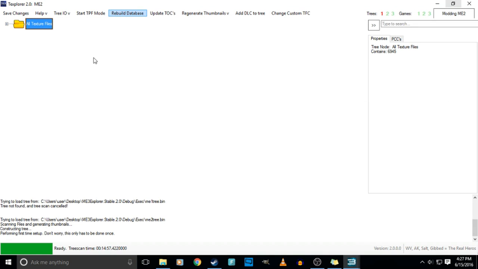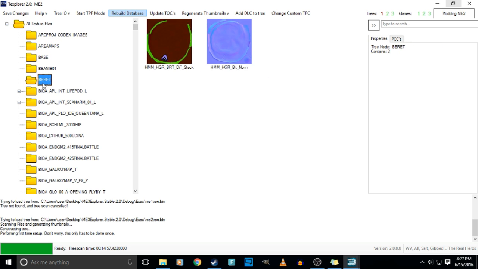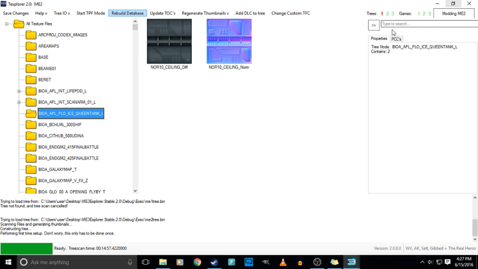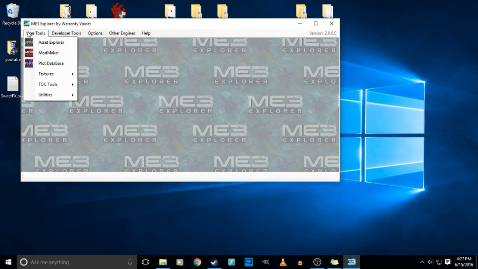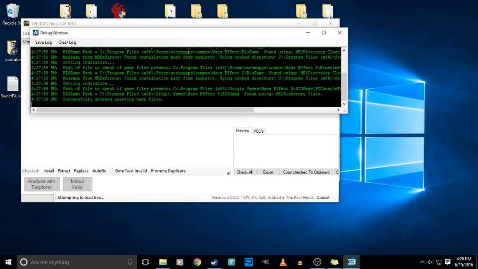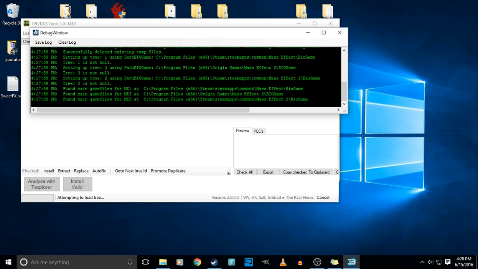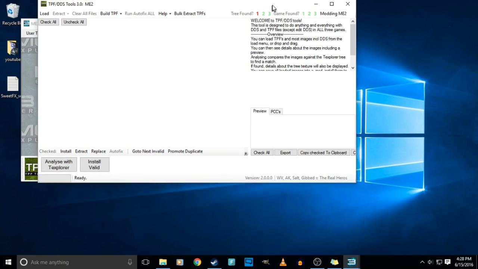Alright guys, so once we're done, this is what it's going to look like. We're going to have this folder here with all of these texture files. And now we're done with this program. We can go ahead and exit out of that, and then go back up to ME3 Explorer, go to User Tools, go to Textures, and go to DPF/DDS Tools. Go ahead and open that up, let it do all of this. Wait for it to say ready down here, and then you can go ahead and exit out of that command prompt